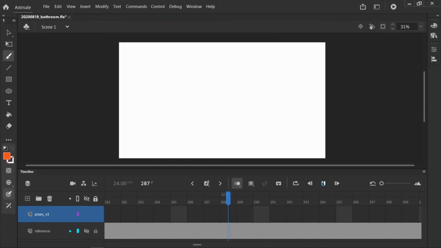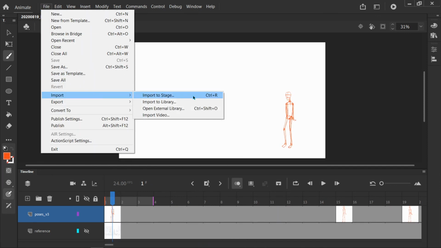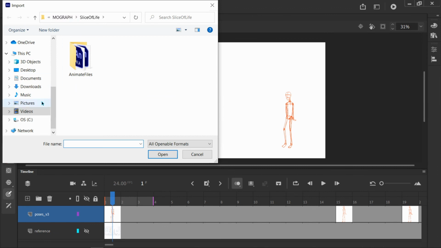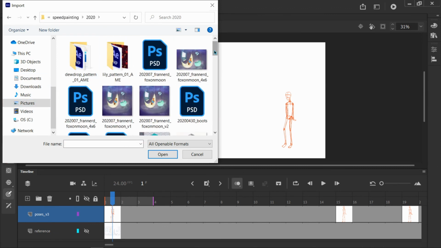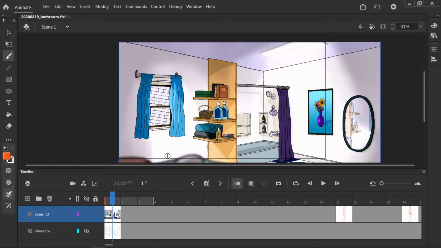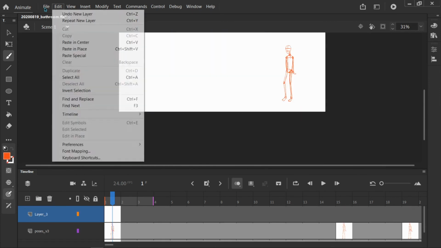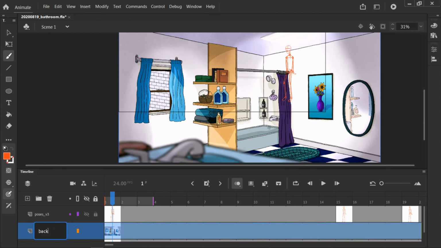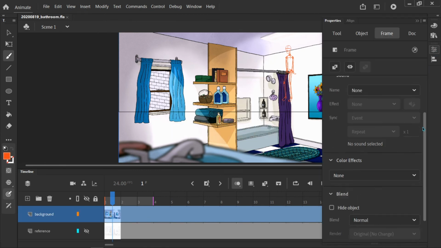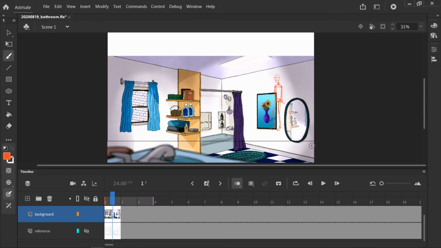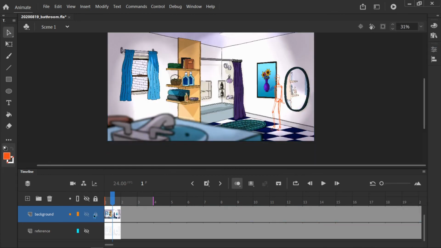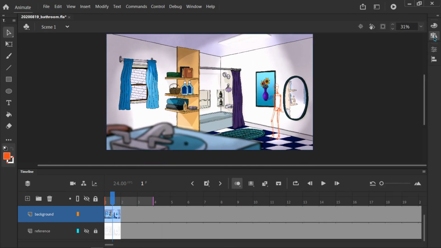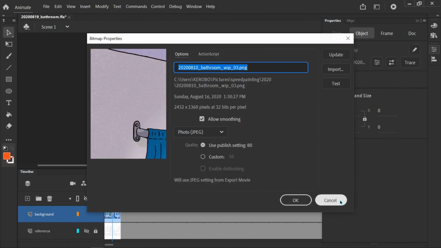So maybe in the future, if I need to do it that way, then maybe I can just keep my fill and line art separate. But the way that I like to do it in Photoshop is to use clip masks. So I would have a layer for the base color, and then I would just use clip masks to add my shading in. But I don't think that that's possible in Animate,